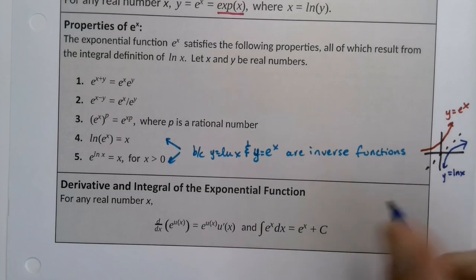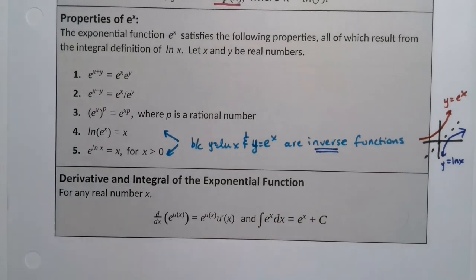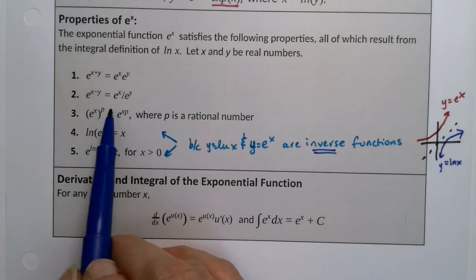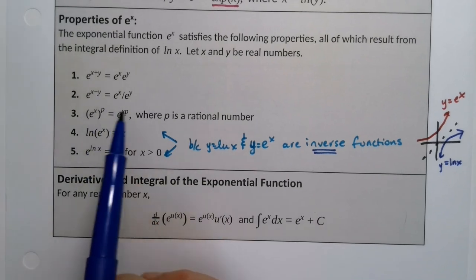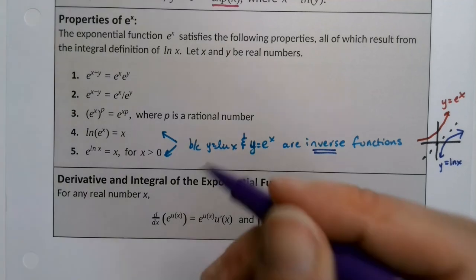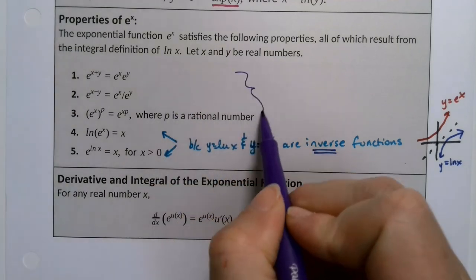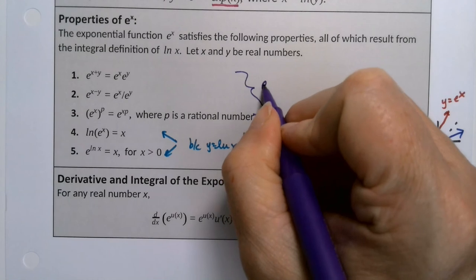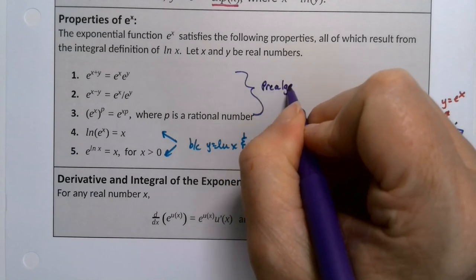They're inverses. They're reflections along that diagonal line. Now, these properties are all, honestly, pre-algebra properties. We learned these before we even learned algebra. You just learned them with numbers. So these are pre-algebra power properties,